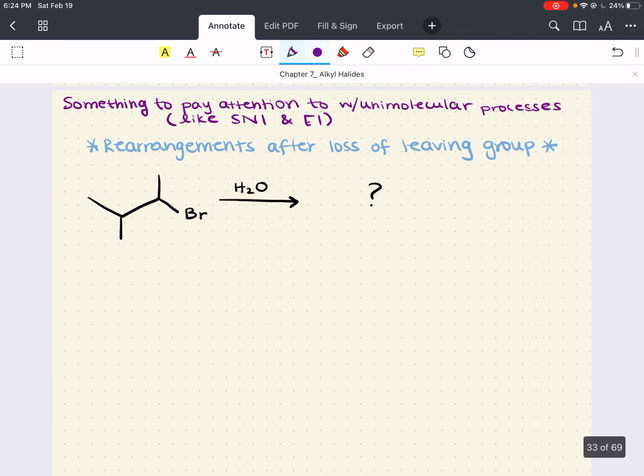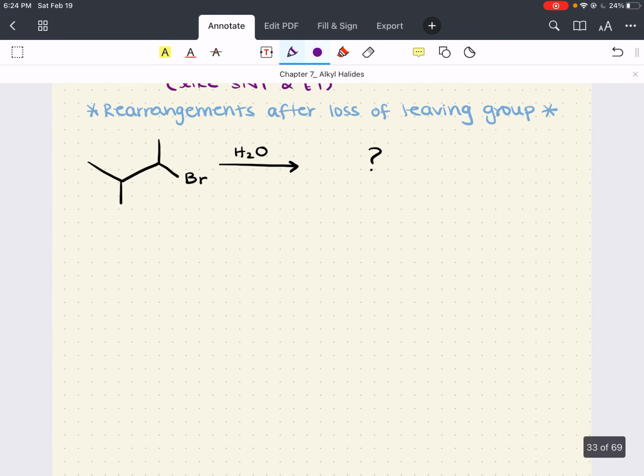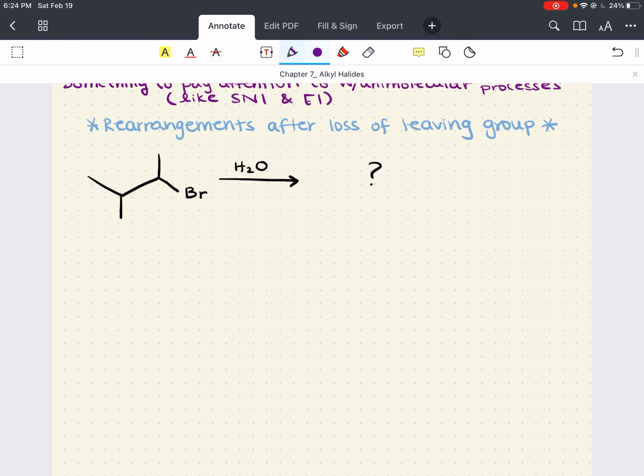All right, so let's just dive right into it. Let's do a few practice problems, get the hang of this. So here we have an SN1 reaction. Let's draw what this would look like. First step is loss of a leaving group. So the bromine leaves, minus bromine. Then what we have as a consequence is